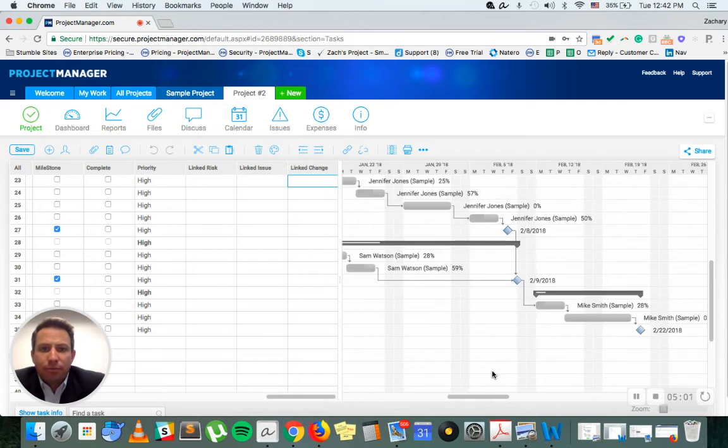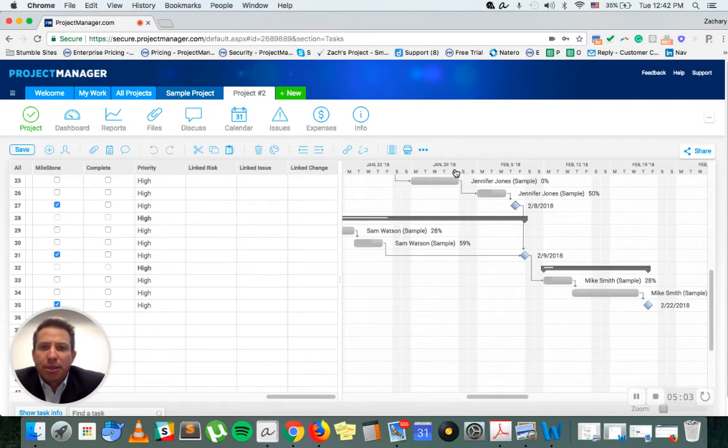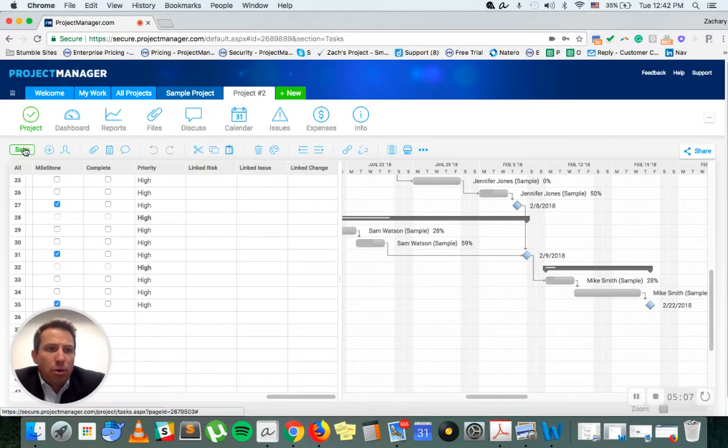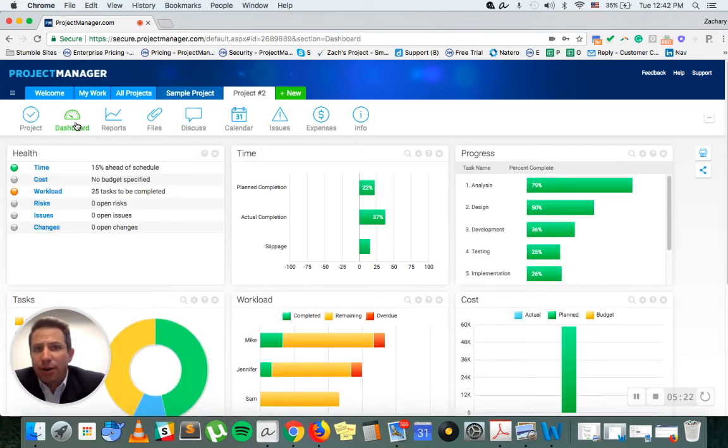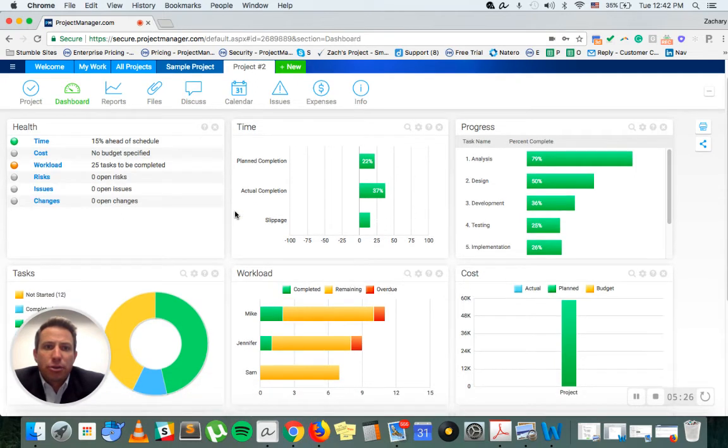In the data graph, as we see here, 25% is complete for this task for Jennifer Jones. What we want to see here then is the dashboard. So you're getting a full fidelity, real-time dashboard. Anytime any update is made to a task by anybody at any time, that is directly reflected in both the data graph, the Gantt chart, and